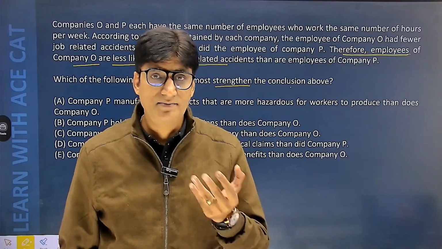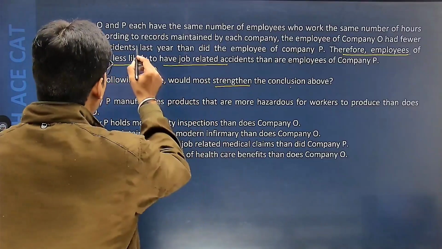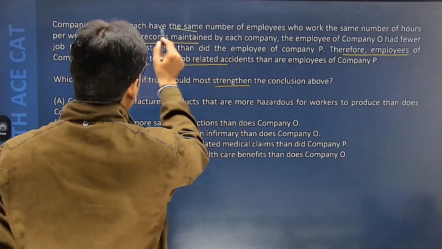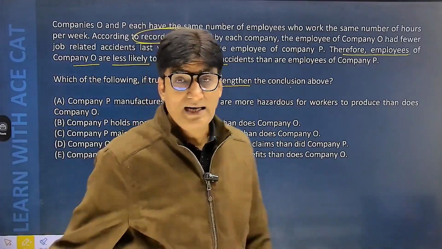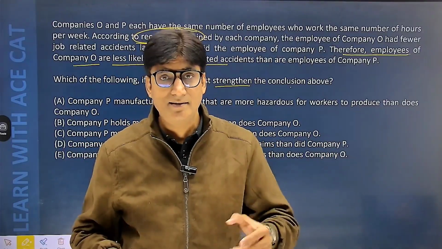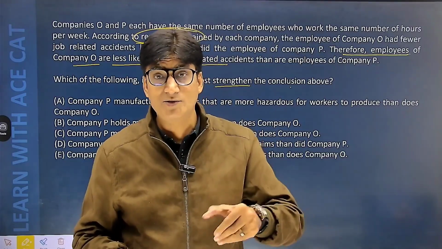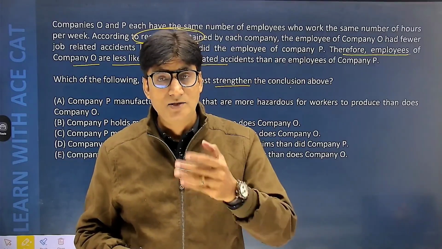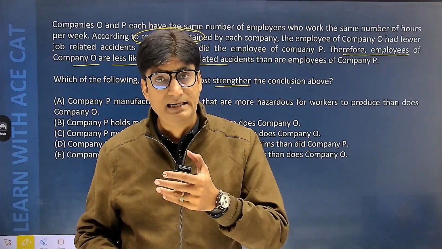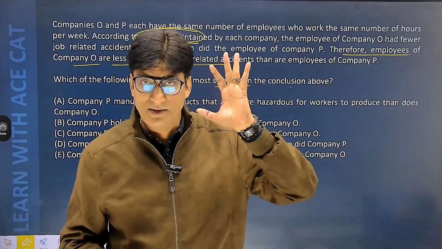तो जिस चीज़ पर स्टूडेंट्स हम कंक्लूजन ड्रॉ करते हैं उसको अपन प्रेमाइस कहते हैं. और यहाँ पर प्रेमाइस क्या है? द लास्ट ईयर्स रिकॉर्ड्स, अकॉर्डिंग टू रिकॉर्ड्स मेंटेन बाय ईच कंपनी. तो स्टूडेंट्स, द पास्ट रिकॉर्ड्स दे एक्चुअली बिकम द बेसिस फॉर दिस कंक्लूजन. तो पास्ट ईयर के रिकॉर्ड्स में हमने देखा है कि कंपनी ओ में जॉब रिलेटेड एक्सीडेंट्स कम होते हैं एंड पी में ज़्यादा होते हैं. तो उन रिकॉर्ड्स के बेसिस पर मैंने कंक्लूजन ड्रॉ किया दैट द एम्प्लॉइज ऑफ कंपनी ओ दे आर लेस लाइकली टू फेस जॉब रिलेटेड एक्सीडेंट्स दैन दैट ऑफ कंपनी पी.